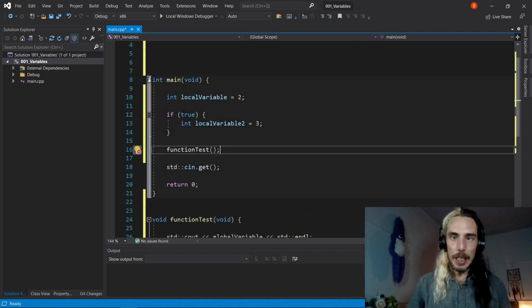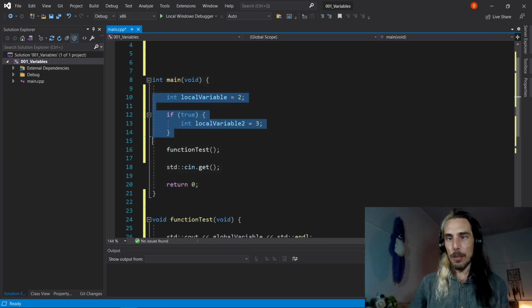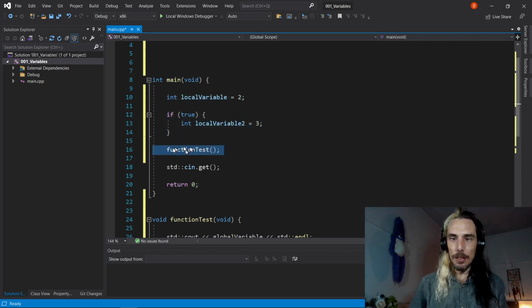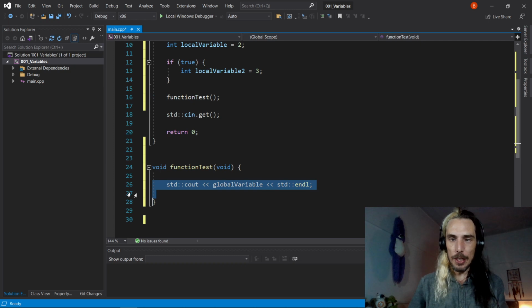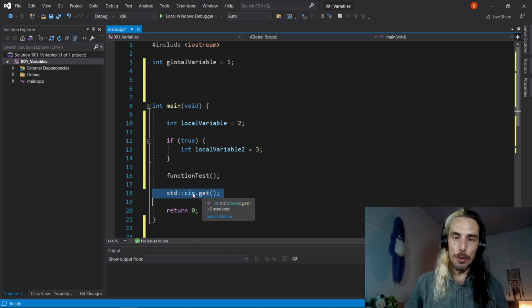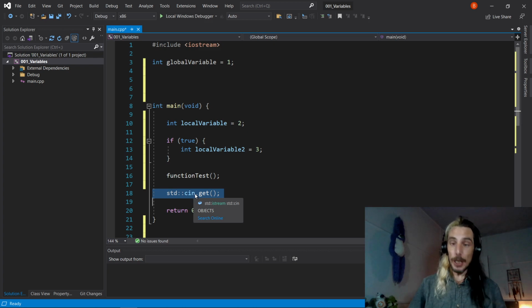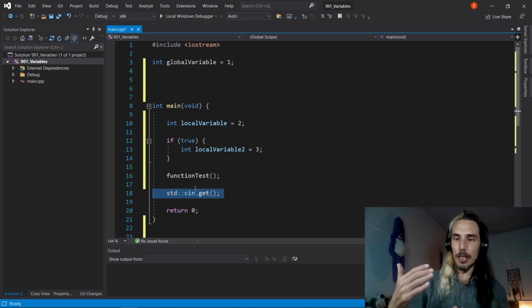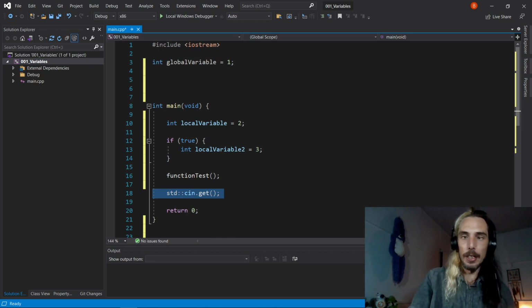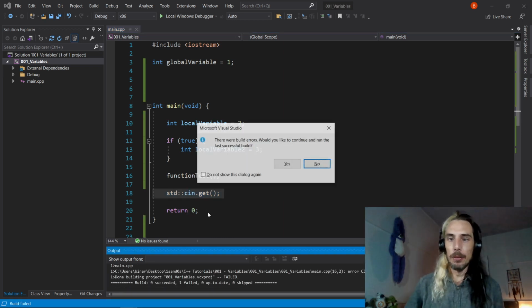So what should happen here is our main will go through. It's going to run through these lines, which aren't actually going to do anything too much at the moment. It's going to run this function test, which is going to then print out our global variable. And then our cin.get is just here to stop the execution of our program at that point so that we can actually see what it shows in the console rather than it just exiting straight away. So if we run that now,